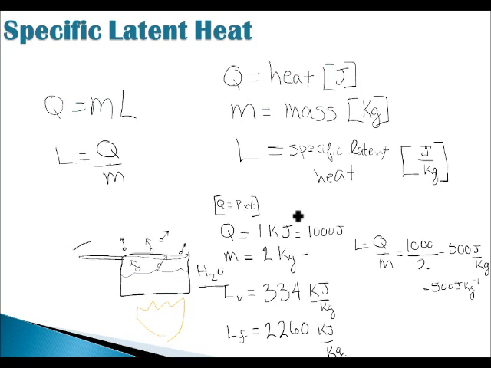Now, it can get a bit more confusing when we add specific heat capacity. So in the next video, I'm going to show you an example of how we can put the two together and look at